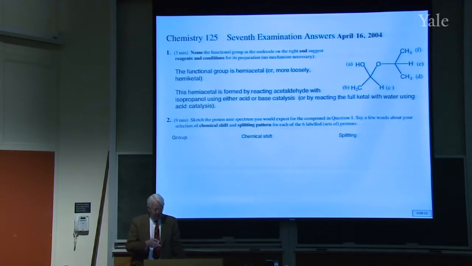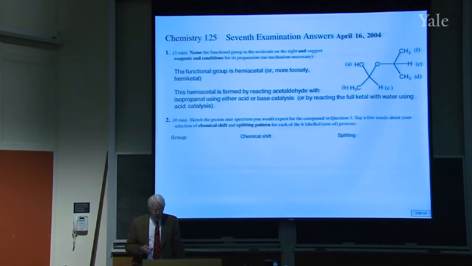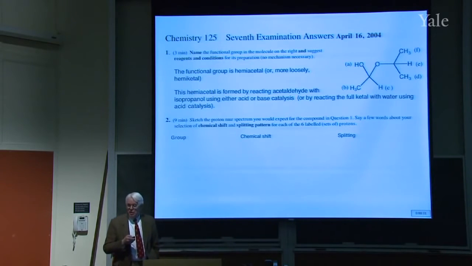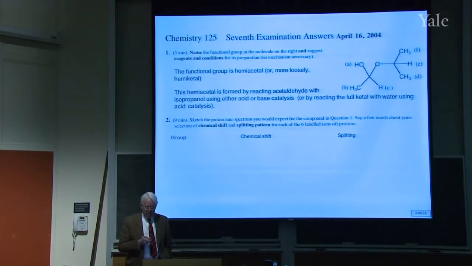The first part of question 1 had to do with making this molecule. We've talked about making hemiacetals before. But the relevant part here is question 2, which was to sketch what you'd expect for the NMR spectrum of that compound. Okay? So let's look at the different groups and you predict what we're going to get in terms